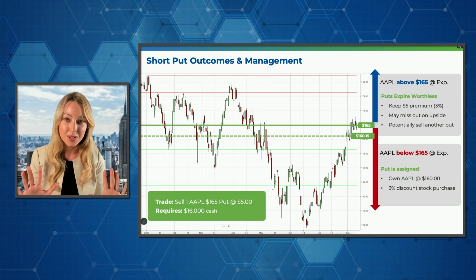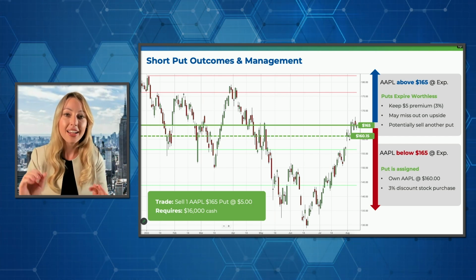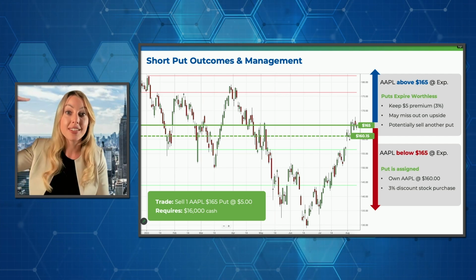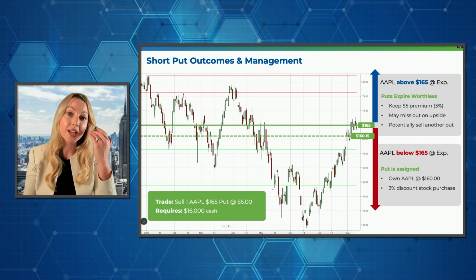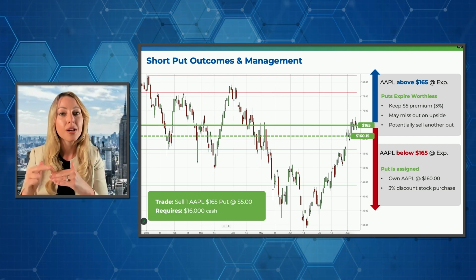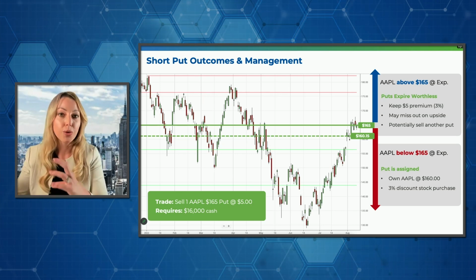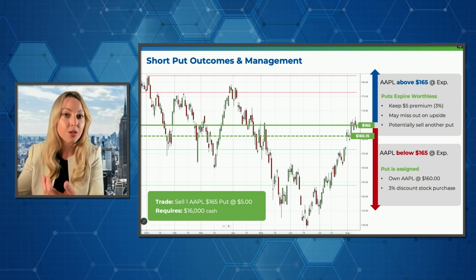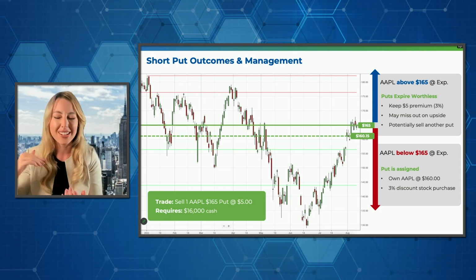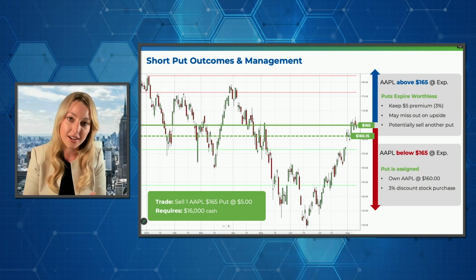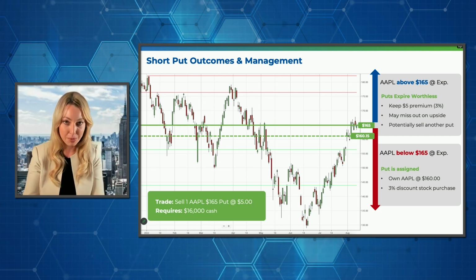Meaning, if we use that same scenario where I'm buying at 165 when the market's at 165, if this were to move up past 170, then you would have made more money buying the Apple stock. So in all reality, it's a neutral to bullish short term, but long term, you're bullish and you want to participate in that capital appreciation. So think of it as upfront income to buy the stock, something that you can do continuously until you're assigned the security. Once you own the security, then you start participating in capital appreciation.